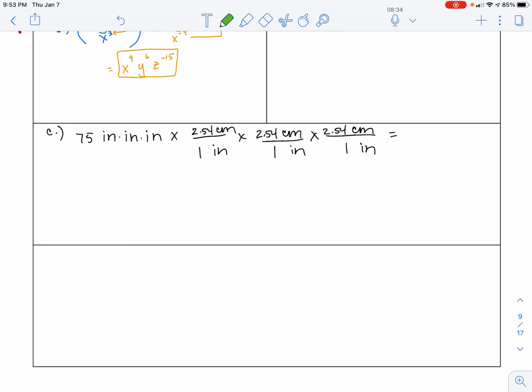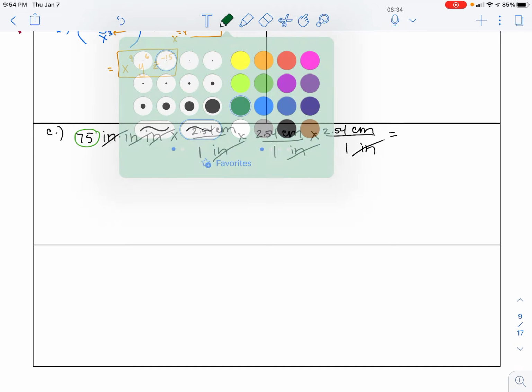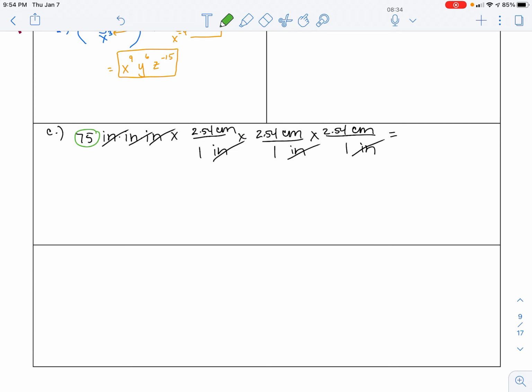Let's circle what is left. Oh, let me go back and go inch, inch, inch, inch, inch, inch. We can cancel those 3 out. Now let's go in there and circle what's left. Centimeters, 2.54 centimeters. And that's what's left, which is perfect because we wanted to go from cubic inches to cubic centimeters. So our final answer is going to be 75 times 2.54 cubed centimeters cubed. And that is the answer